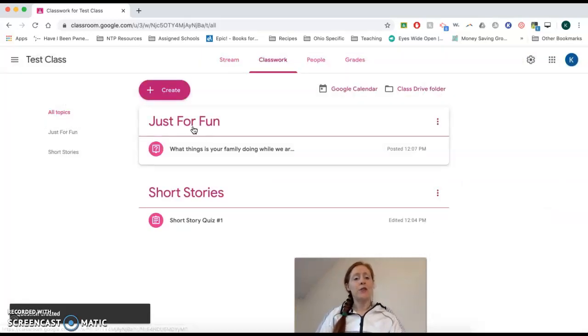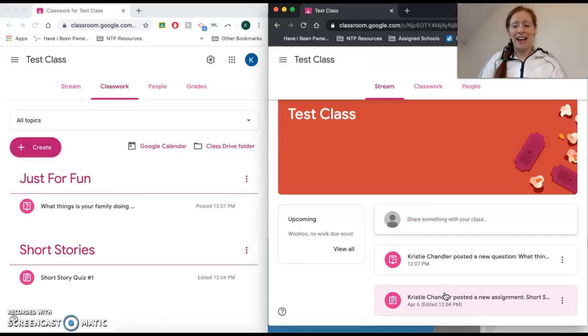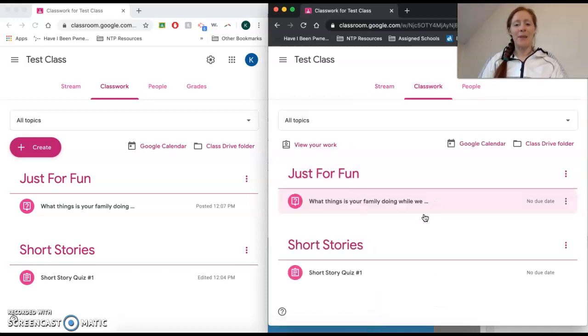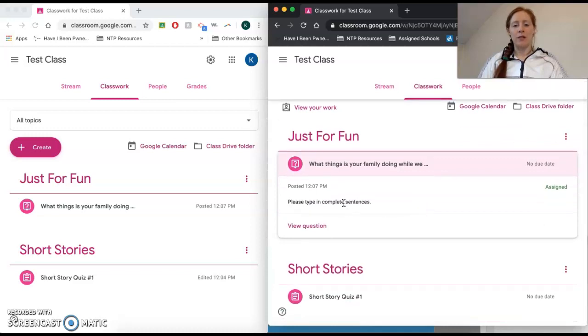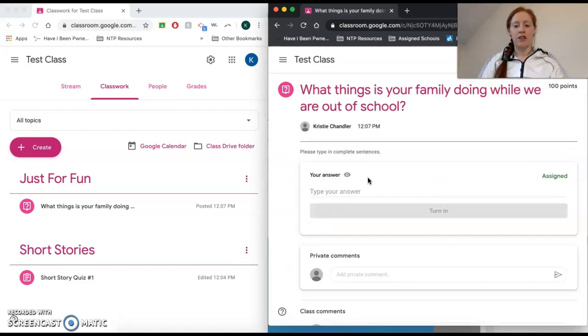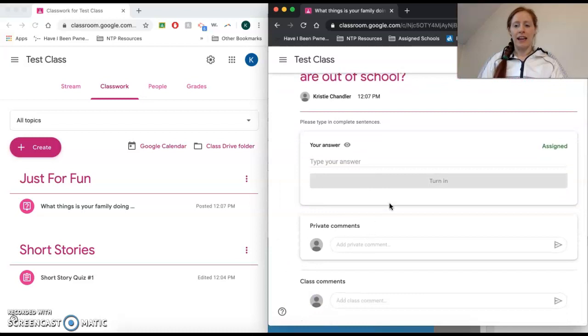So you'll see the new topic I created showed up along with the question. Pulling up the student side, you'll see that the new question appeared in their stream and appeared under their classwork. So the student will have an opportunity to go in, view the question, and type their response, making this full